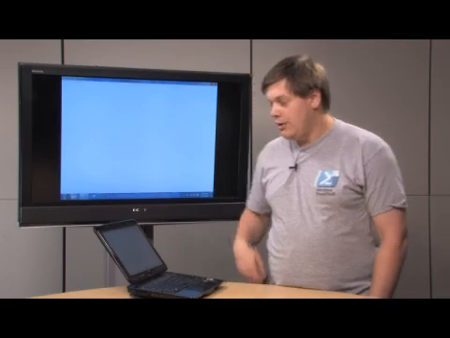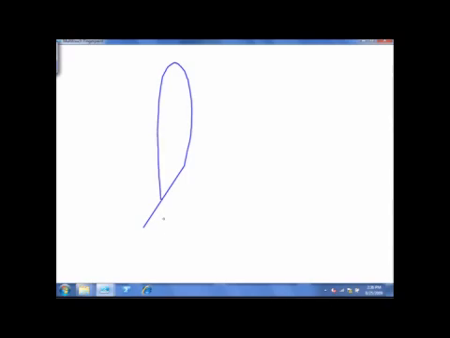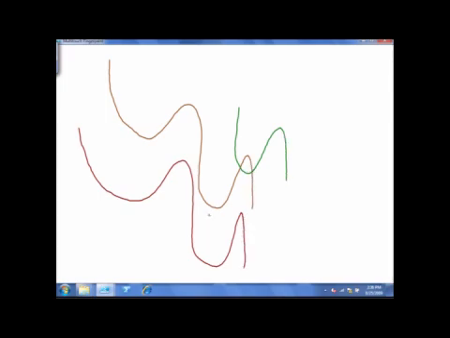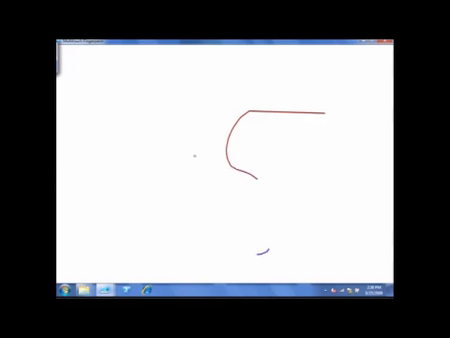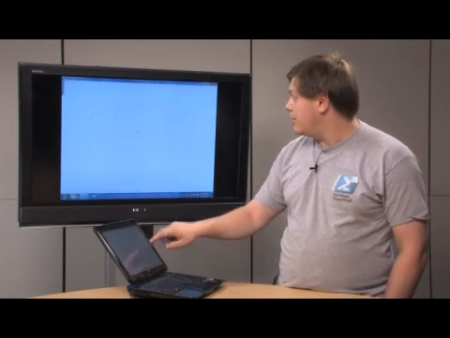So here is my TouchSmart TX2, and the TouchSmart TX2 is one of the computers that is multi-touch enabled with Windows 7. And I can use this little program that I wrote in about 30 lines of script to do a very quick little finger paint. As you can see, I have a random color that follows my finger around, and when I lift my finger up,